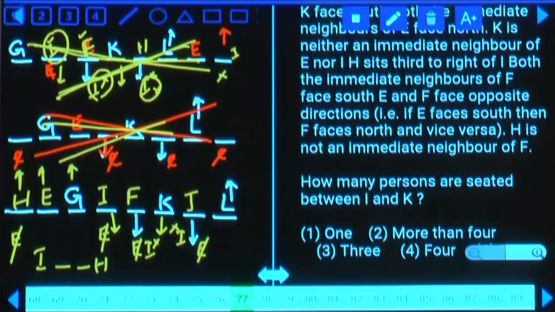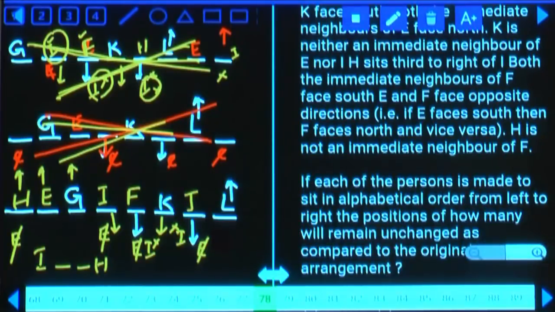And question number 77, how many persons are seated between I and K? Now in between I and K, how many are there? There is exactly one person, that is choice 1. And question number 78,